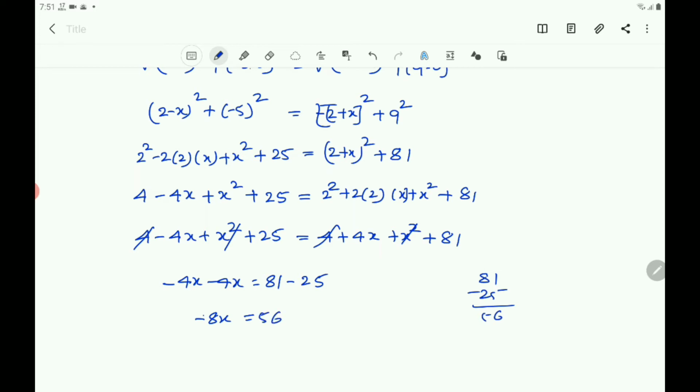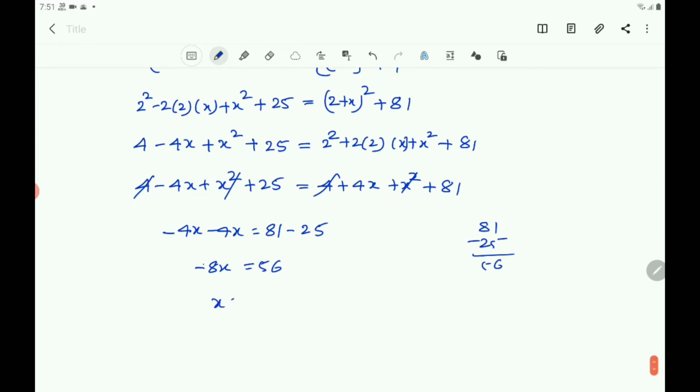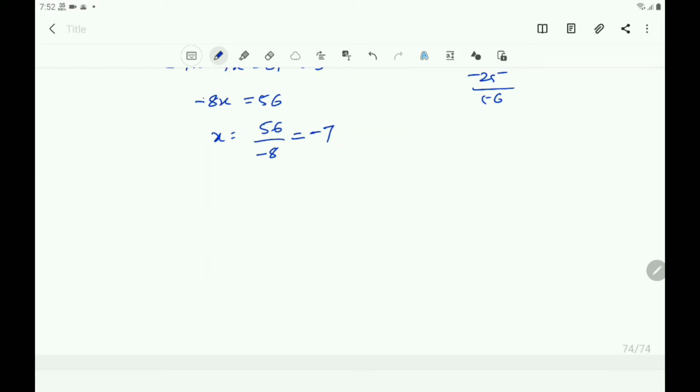So you write 56. Then x equals 56 by minus 8. So 8 ones are 8, 8 sevens are 56, you will get minus 7. Therefore, the point on the x-axis